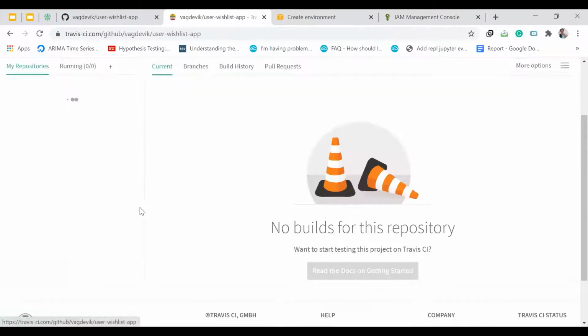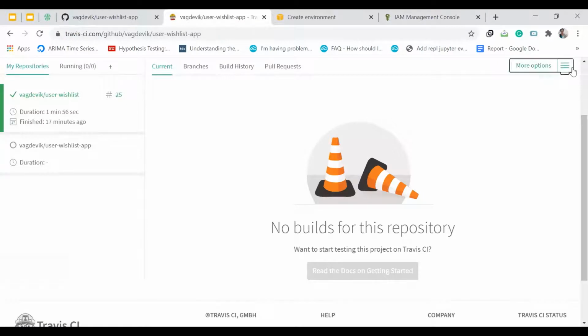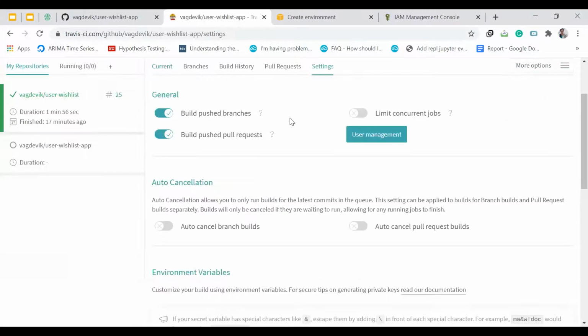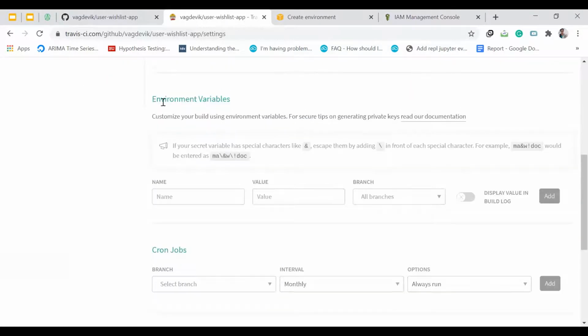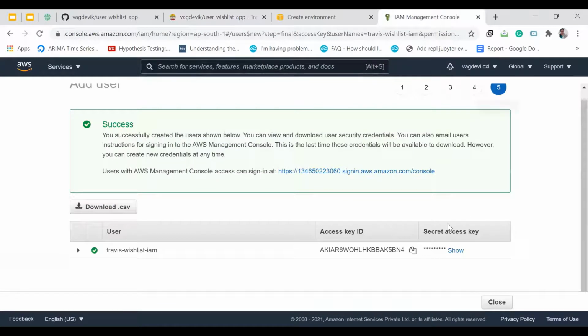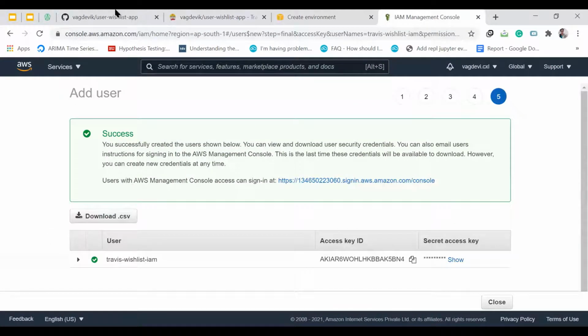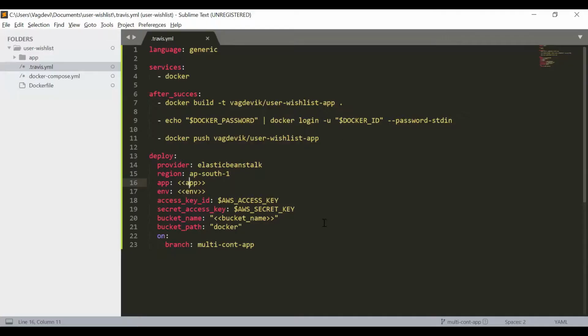Go to dashboards and the user wishlist tab. Now go to settings at the top right. Here we have the environment variables section. Now let us create those. So the first one we want to do is this AWS, right? If you remember, we have already set some of the environment variables in the Travis file here, right? So the first are Docker password and Docker ID. Then the next are AWS access key and AWS secret key. So these are just variables. For these variables, we need to assign the values there. Okay. Now go to Travis.